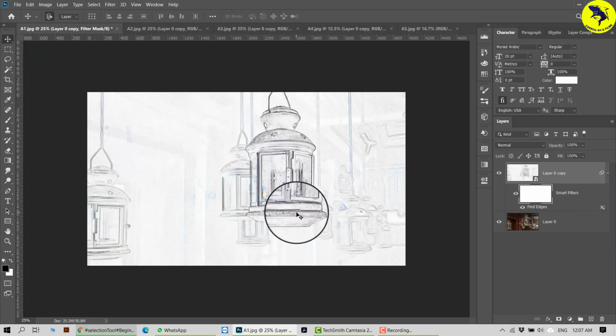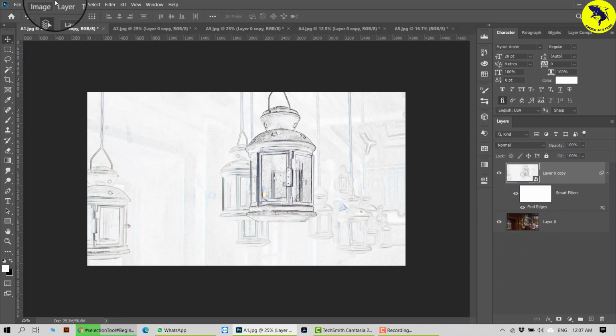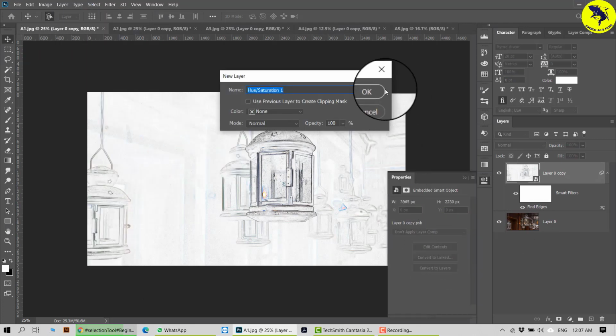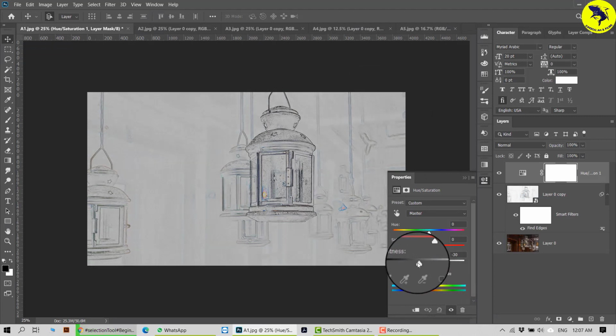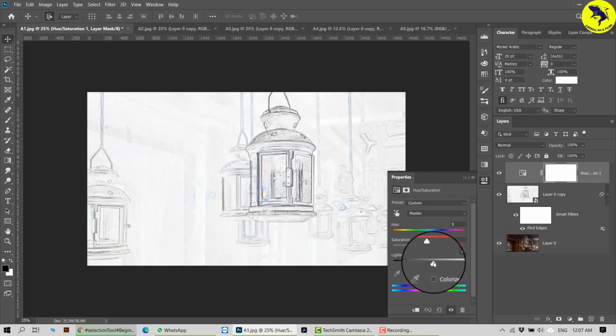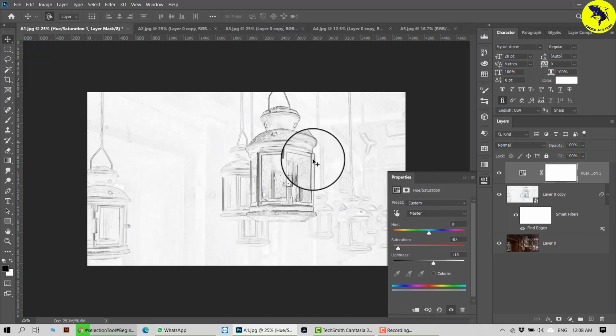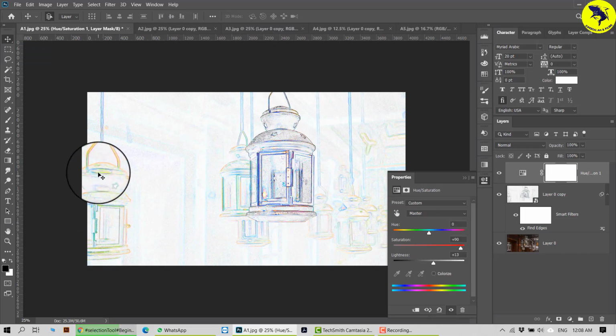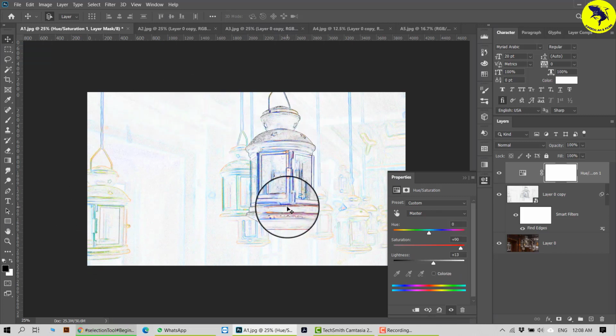Now you can actually convert this into a drawing. How? Go to your layers, new adjustment, and again go for hue and saturation. Make this normal but reduce the saturation. See, when you reduce the saturation, no color is there, so it becomes more of a gray finish. But if I increase my saturation, you can see the colors are actually popping out. All the colors which are seen on the picture can be used later on for drawing.